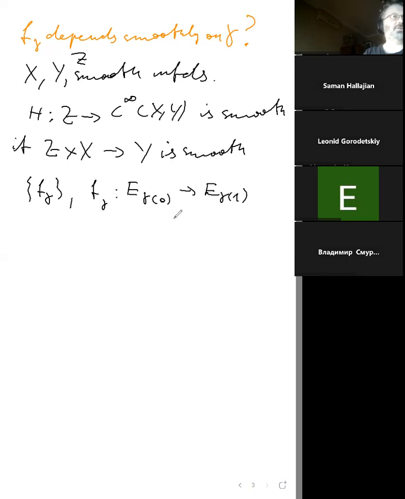What does it mean for this family to be smooth? This means, well, we're running out of time. This family depends smoothly on γ if